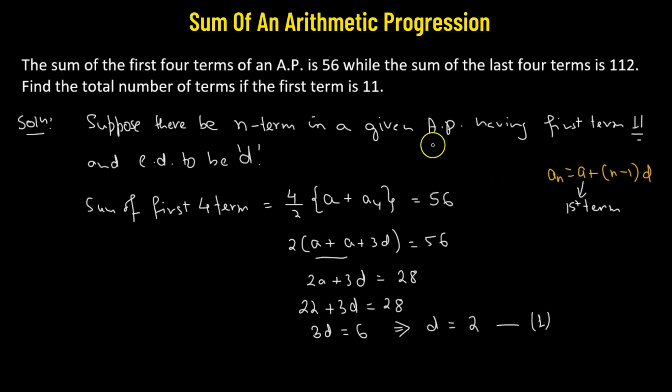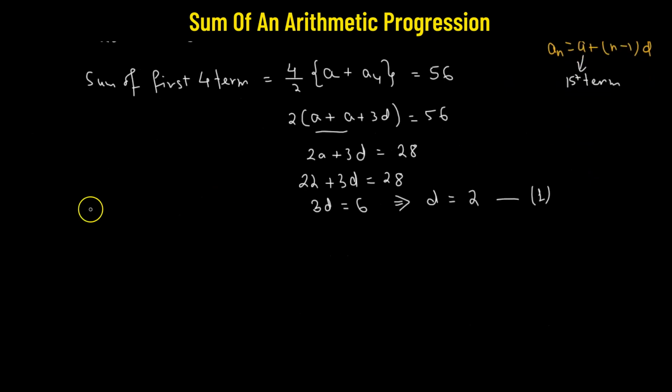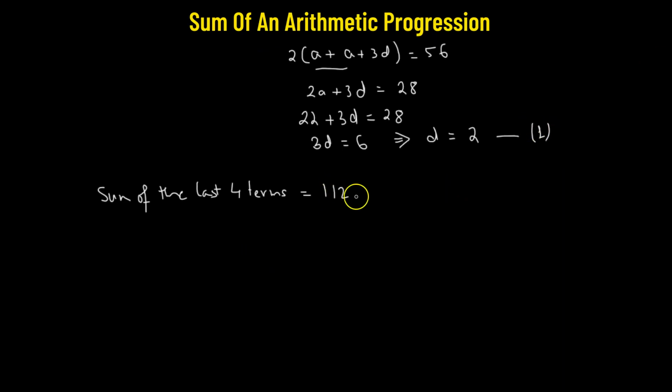Now next, it's given that the sum of the last 4 terms is 112. So let's write it down. The sum of the last 4 terms equals 112. Sum of the last 4 terms simply means we have 4 terms, so that will be 4 over 2 multiplied by the first term plus the last term. So if we consider the last term to be an,